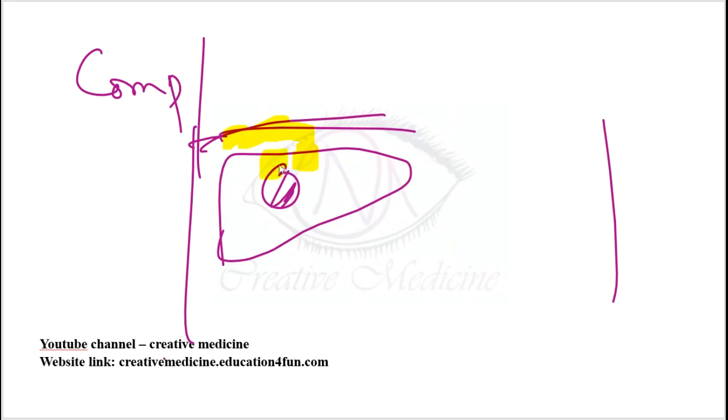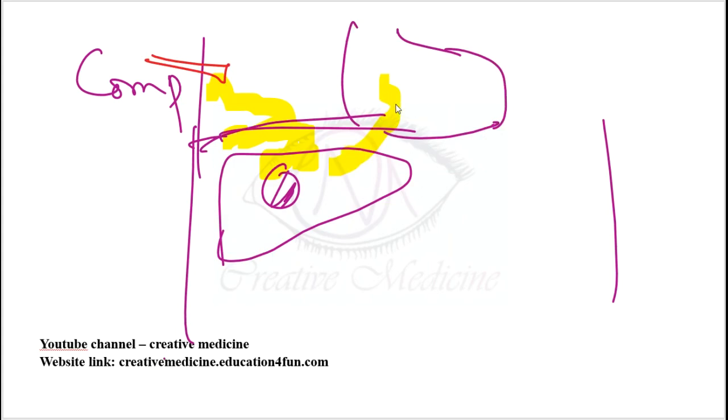Sometimes it might rupture into the pleural cavity also, and in such a case you should do an ICD insertion. Sometimes it can even rupture into the pericardial cavity, where the heart is situated. When it ruptures into the pericardial cavity, you should do needle pericardiocentesis, followed by pericardiotomy. So these are the main complications of amoebic liver abscess.